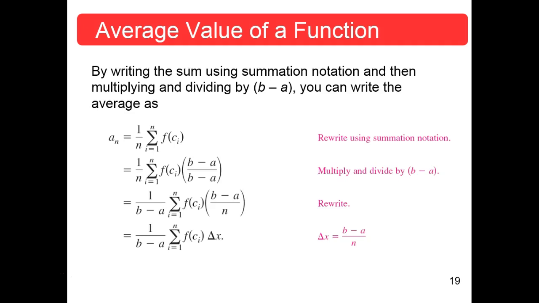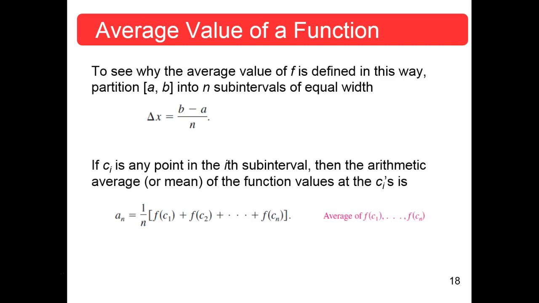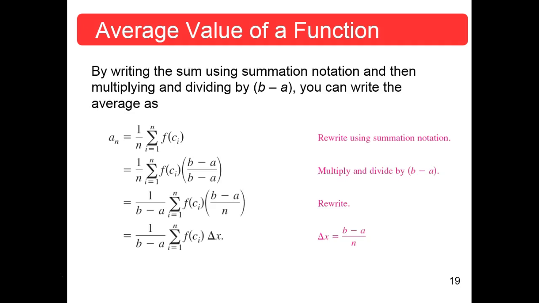Now, they do something strange here. Multiply and divide by b minus a. Just a reminder here, your delta x is b minus a over n. So here's your b minus a over n. You multiply by that. Pull your 1 over b minus a out front and pull your n inside to switch those two. This now is your delta x, and there is your summation. This becomes your integral of f of x dx. So that's how they justify it,